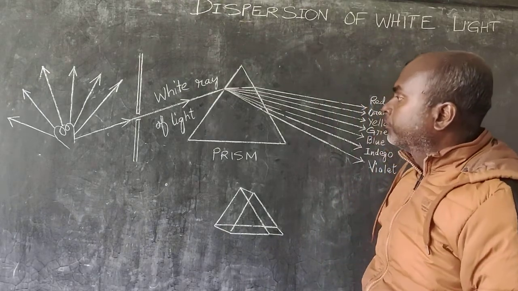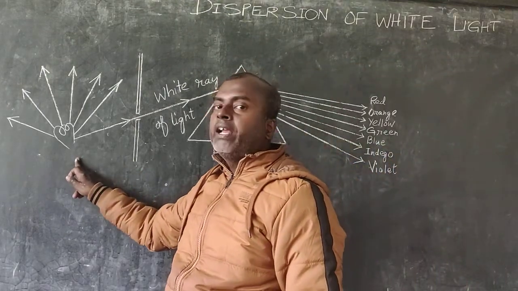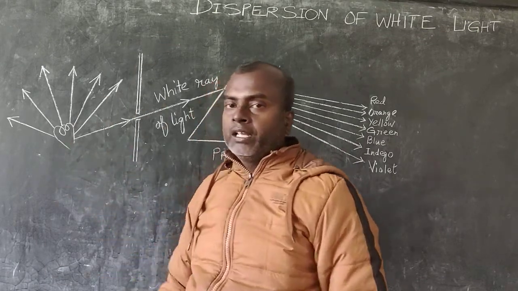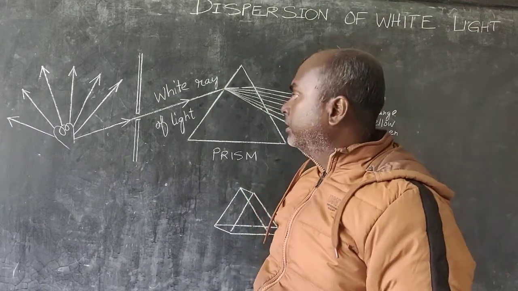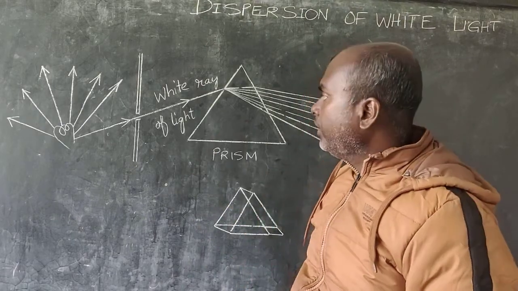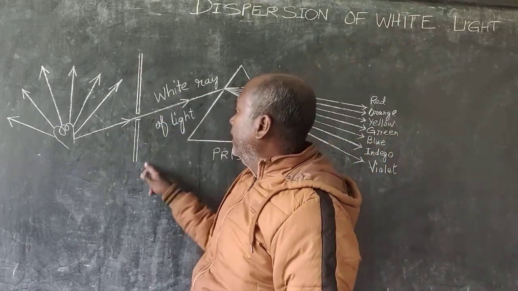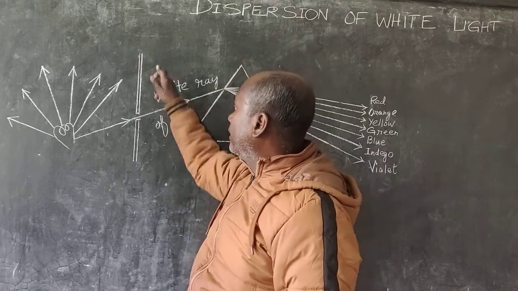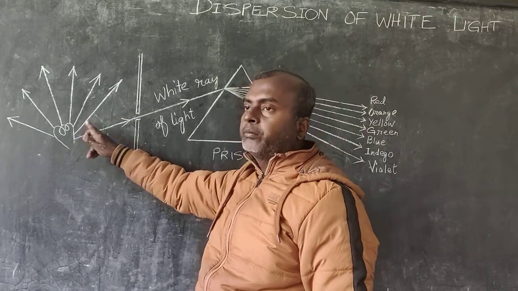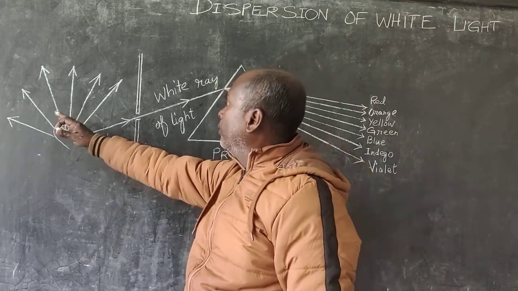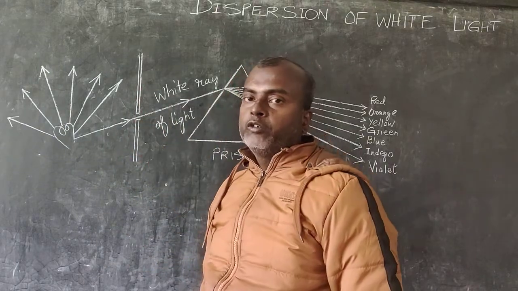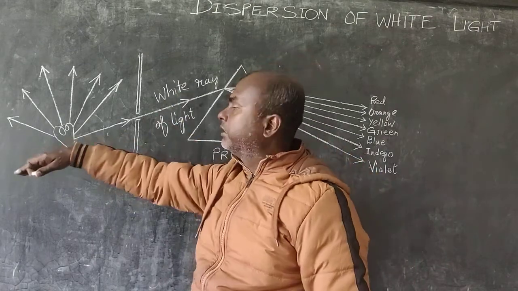Alright, so I have taken a white source of light, a bulb. This is a bulb which emits white light. Now a bulb, we know, emits light in all directions, so we need just one ray of light. For that, I have placed a cardboard piece in which a small hole is drilled, and it is placed in front of this bulb, so that when all the rays of light fall on the cardboard piece, it allows only one ray of light to pass through it. The rest of them are reflected back.